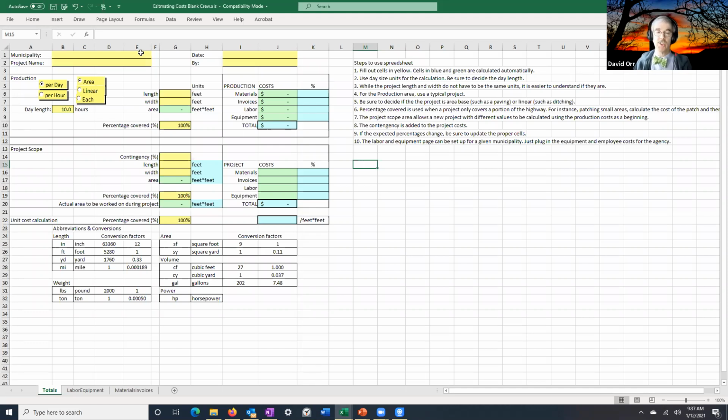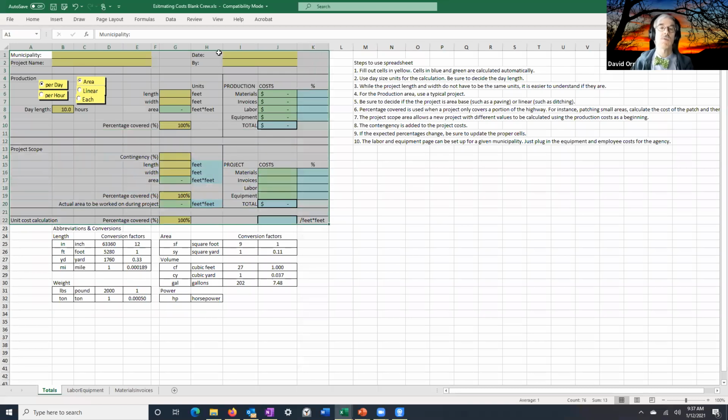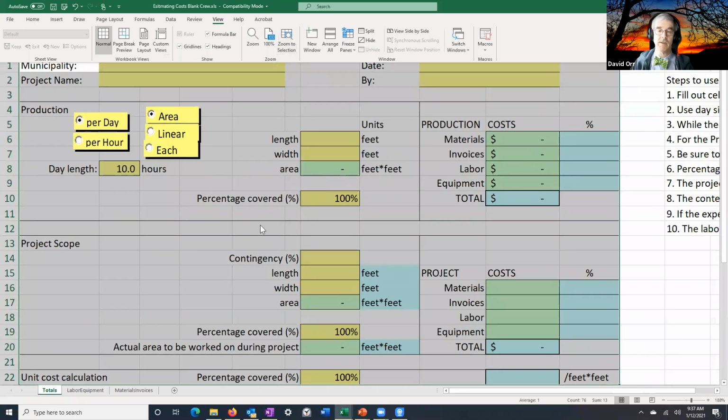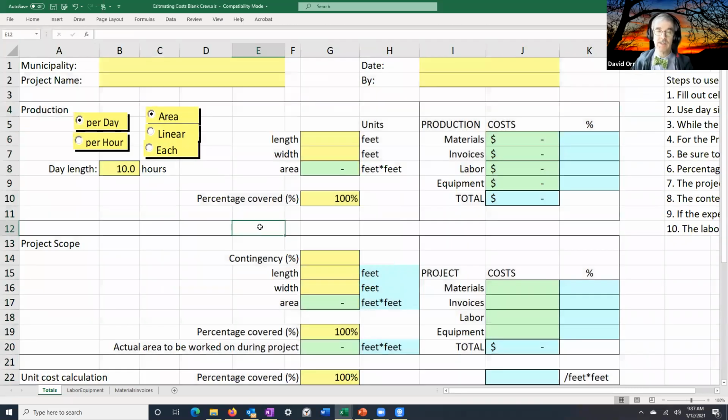Okay, so I just want to show you what's involved here. It's 3 pages. And the neat thing is once you do it once, you can do it again for different projects. Okay, now I'm going to zoom in a little bit so that it's a little bit bigger, just so you can see. So it's got a place to put your municipality name, the project name, or in this case, project type, date.